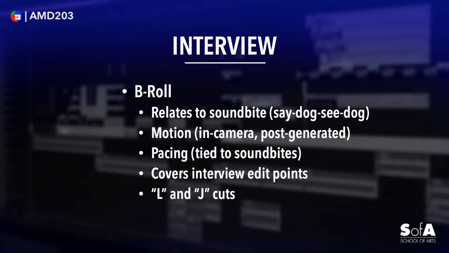So an L cut is when the interview subject is talking on screen and then is covered up by B-roll as they continue to talk underneath it. So they appear on screen at first, then a shot of B-roll covers them up while they continue talking. And a J-cut is the opposite, where we are hearing the person talking while looking at B-roll that then stops, revealing the interview subject continuing to talk on screen. L and J cuts are very commonly used in most professional interviews.